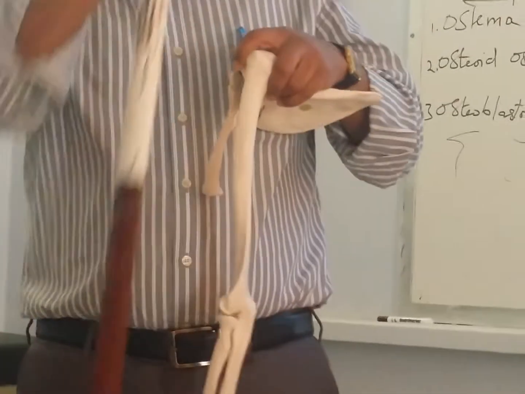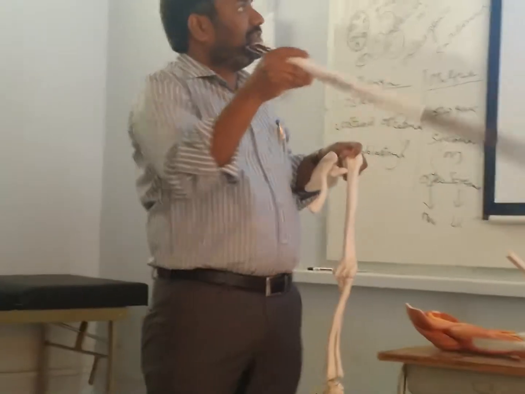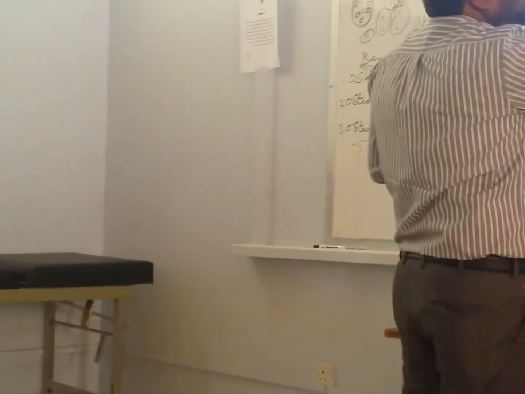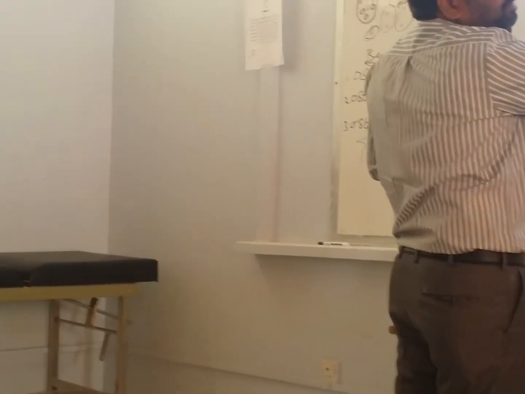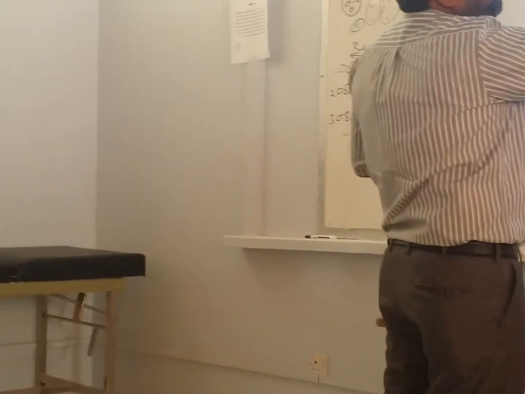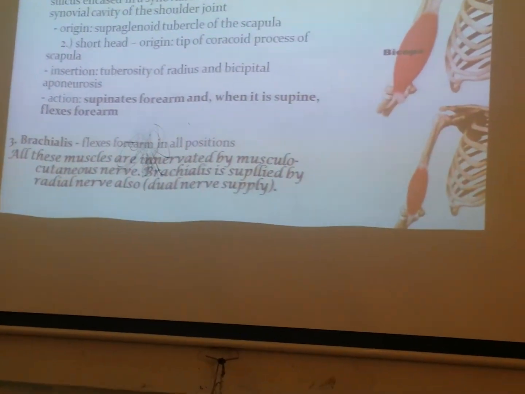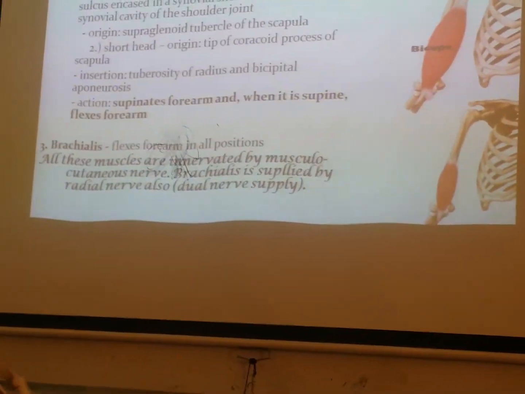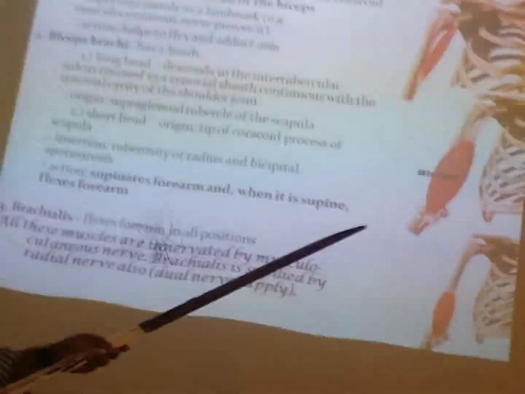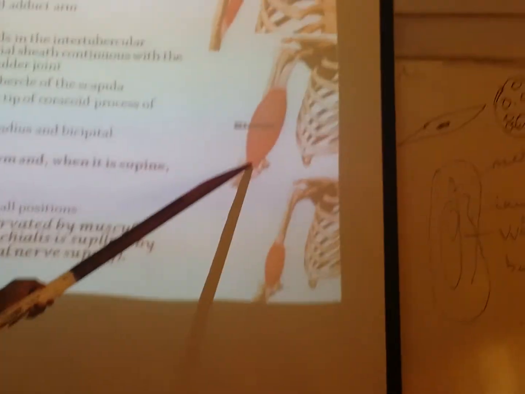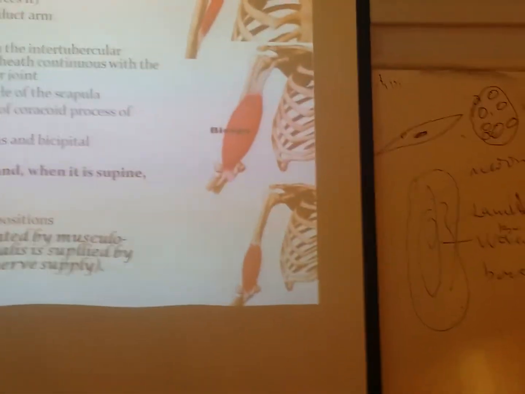It comes out and joins with the short head. You can see it here. This is the long head in the intertubercular sulcus, right? So it comes out and then joins with the short head to form the muscle belly. Then this muscle belly, after formation, is like a mouse, you know. It tapers, forming a tendon, the biceps tendon, which crosses the elbow joint.